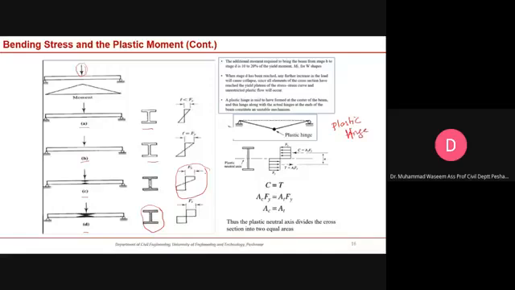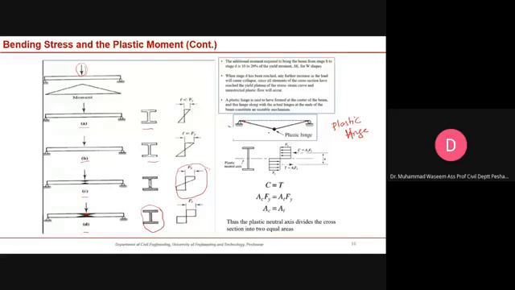Plastic hinge will be formed here. Okay, so there is a plastic hinge that is formed. Once you keep on increasing, there might be second plastic hinges that will be formed in the member, and eventually, once these plastic hinges have formed, what will happen is that this will make a